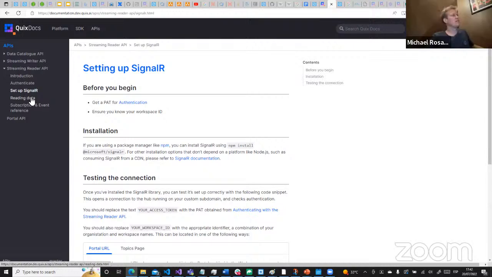Why is that then? On the streaming writer, to get data to the platform, we've provided both. So you can do the traditional request response HTTP, or you can open up the wormhole and stream with WebSocket. On the way out, why isn't there an HTTP API? Wouldn't you want to poll the portal and see, is there an update? Is there an update? Yes, because it's a very inefficient way to consume data in real time.